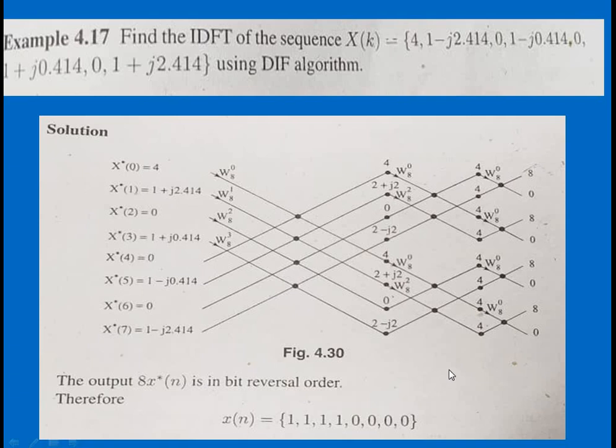Okay, that's all. So far we have seen the introduction to DFT and the performance of DFT, and then we came to the formation of the FFT algorithm, and we compared this FFT with DFT. Then we saw the implementation of the FFT algorithm using DIT and DIF algorithms, and we discussed a numerical problem on DIT for the DFT formation. And now we have discussed the IDFT formation using DIF as well as DIT algorithms. Thank you.